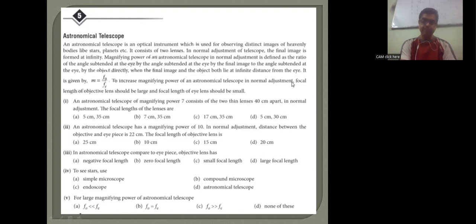Now student, what you have read in the case study can also be asked in your conceptual questions, such as which has larger focal length, which has larger aperture. Now come to question number 1. An astronomical telescope of magnifying power 7 consists of two thin lenses 40 centimeters apart in normal adjustment. That is, final image is at infinity. The focal length of the lens would be, now